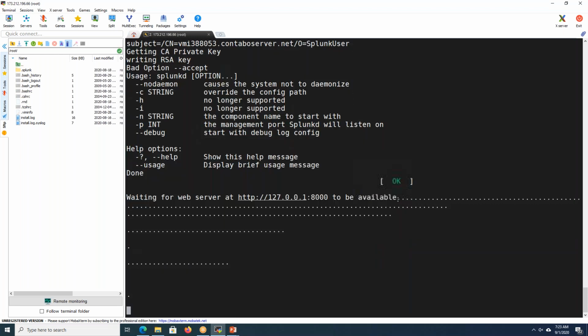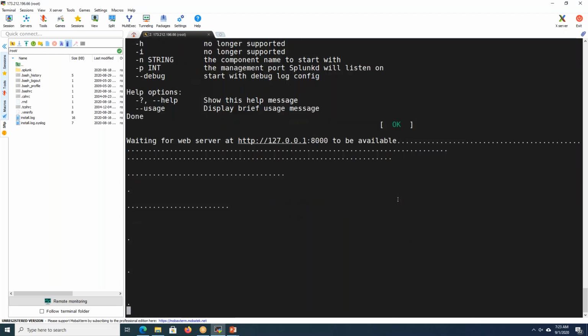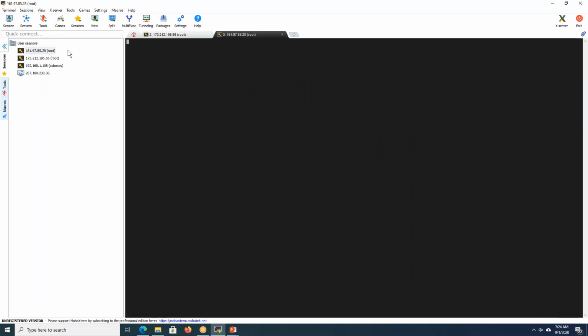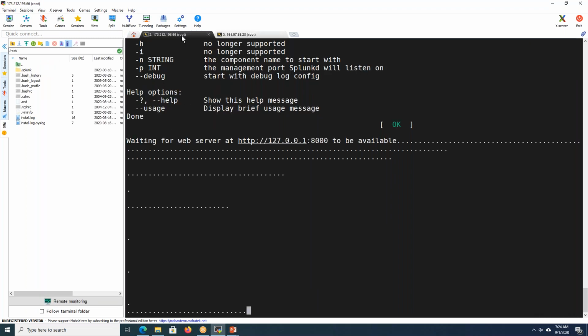Looks like it is taking a lot of time to come up. We'll wait for the next 2-3 minutes. If it doesn't come, I will stop this and go with the tar based installation. That's why we'll mostly be doing the tar based installation. Else, I have one more machine where we'll do the tar based installation. I'll take this 28 machine, let it come up.